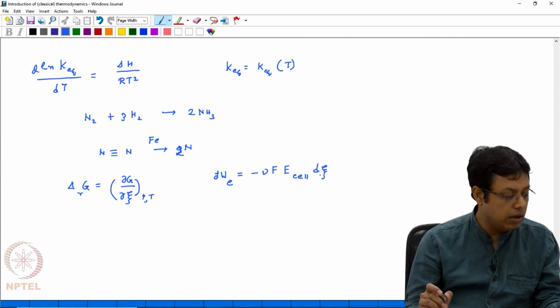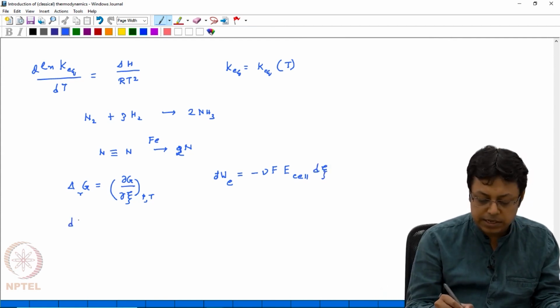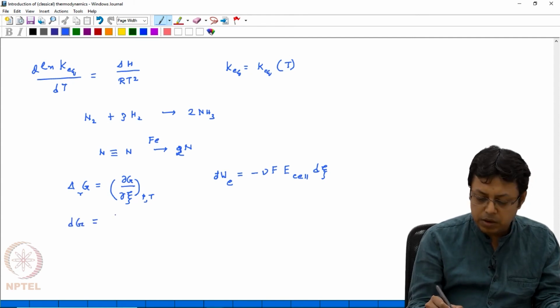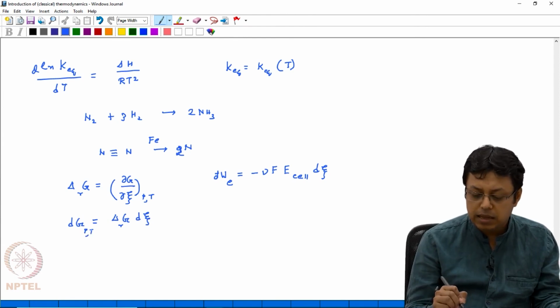So we can now think that this dG will be nothing but equal to Δ_rG times dξ. Of course, this is at constant pressure and temperature, and then we can